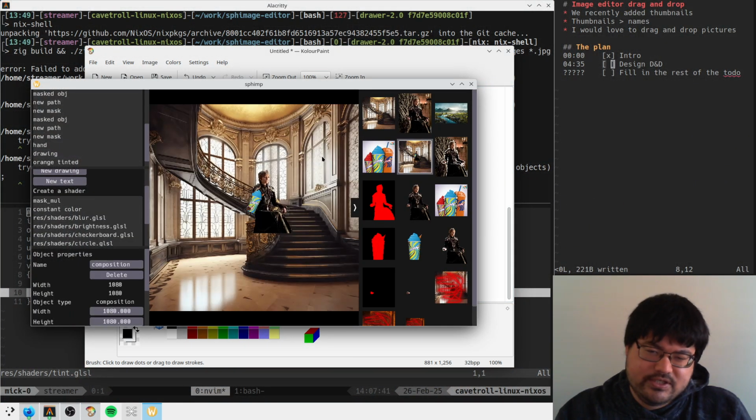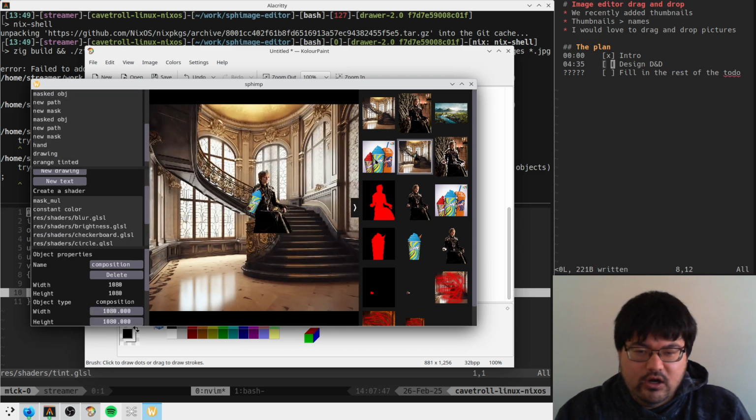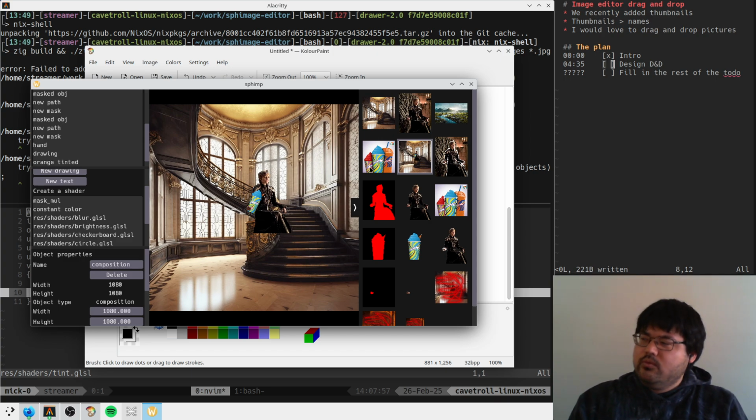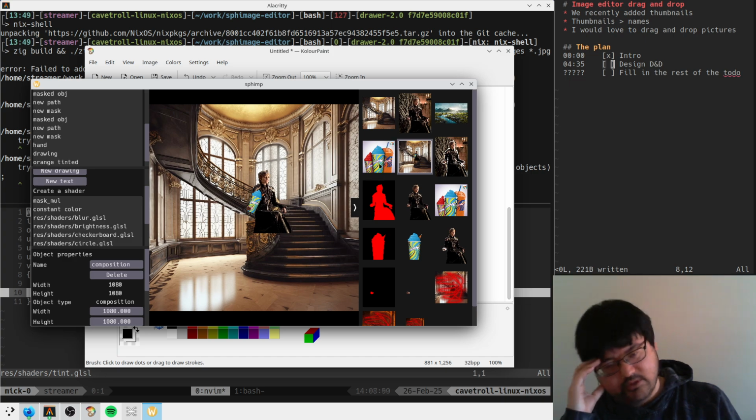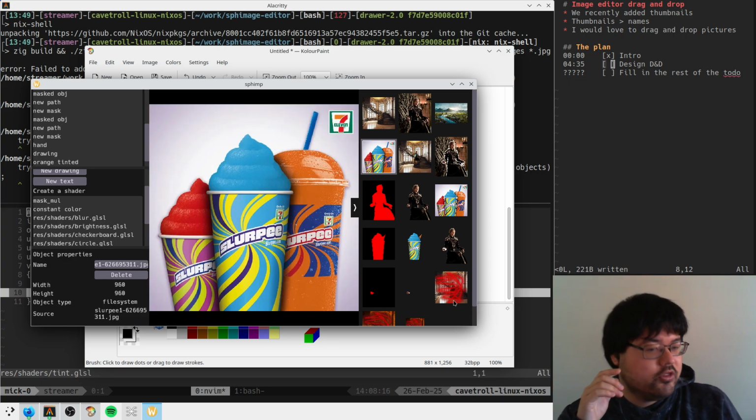Say I grab this Slurpee and I want to place him into this composition or this composition. How do those two things get linked together? I guess you don't really know what you are doing until you drop, right? So you pick up this guy, you drag him over here, and you only know that you're adding him to this composition of objects once I've dropped him here. Theoretically there could be another place where we could drop him where he would do something else. Like within this widget, I might be able to reorder these by dragging them around, right? I grab him down here, everything shovels to the left, and then he's over here now. Maybe, right? So I guess on the drag side,